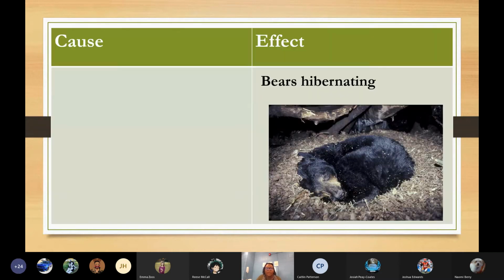So as we move on here, let's draw our next cause and effect table. Remember, you can draw it just as a T-chart. Remember, not only are we writing the word cause, but we're writing the word stimulus. They're the same thing. And effect. We're writing the word response. We also want to remember that the cause happens first, the effect happens second. So you don't have to draw the picture here, but you do need to write the words.